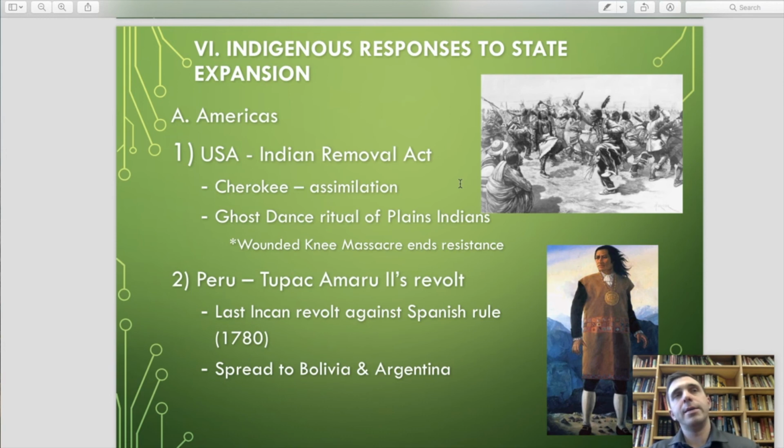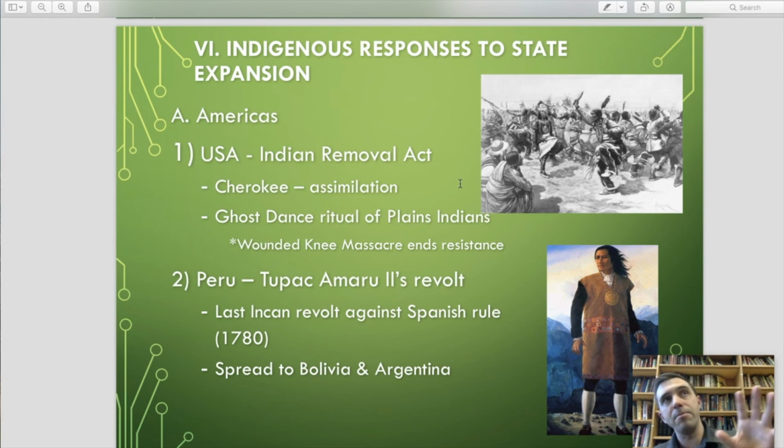Not all natives are forced out. Some will actually work to, instead of trying to maintain their culture, assimilate more into the United States way of life from an American perspective. The Cherokee are known to do that, to assimilate, to develop their own alphabet, and are one of the tribes that tend to Americanize and assimilate as best they can. Other tribes try to maintain their traditional ways of life, but are forced to do that on these really, really tiny reservations. Probably the last gasp of Native American resistance happens in the Midwest,